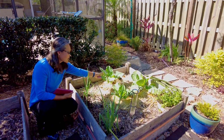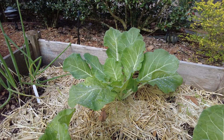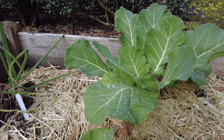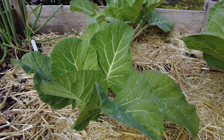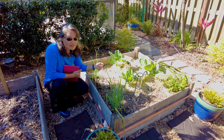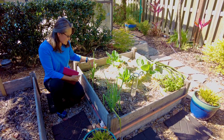So these are actually tree collards. They're supposed to be purple tree collards, but I do not see any hint of purple in this. But I'm just happy that they grew from seeds, and whether they're purple or not, I'm thrilled that they're growing, and we are going to be harvesting the leaves throughout. They are a perennial vegetable,